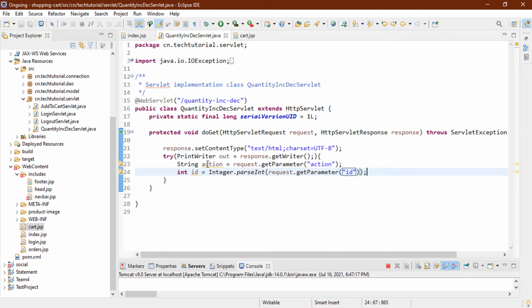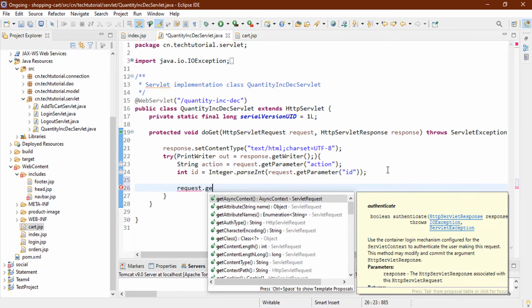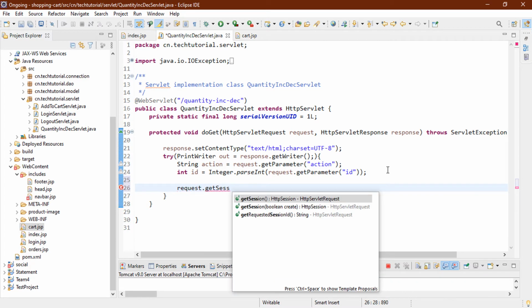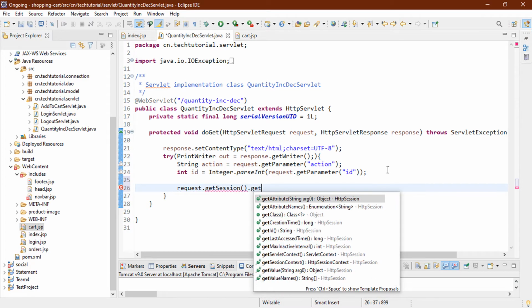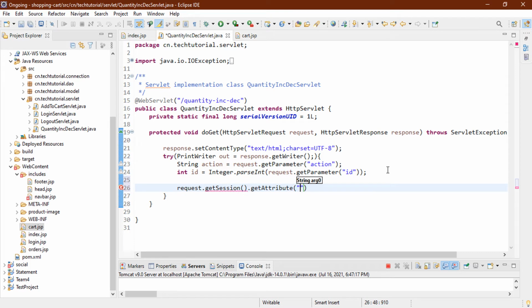Request dot get parameter actually returns a string, and then we are converting that string to an integer. Now let's access our session attribute, which is cart list: request dot get session dot get attribute, cart list. We set it when we were adding a product in our cart servlet.